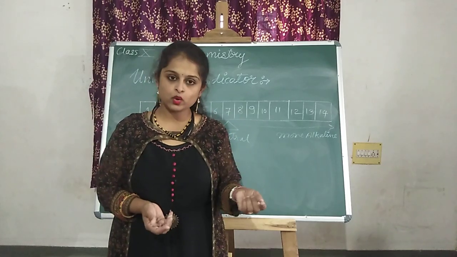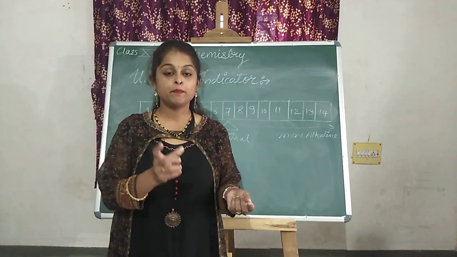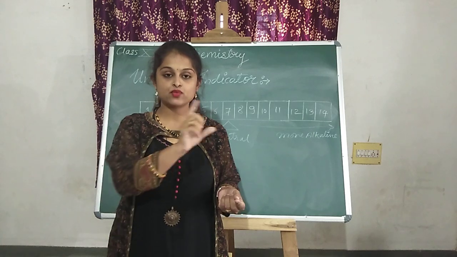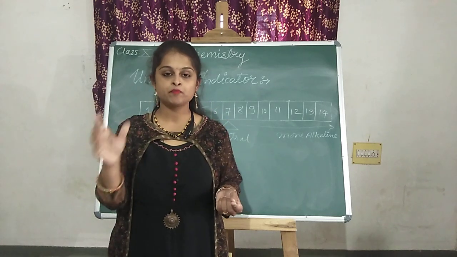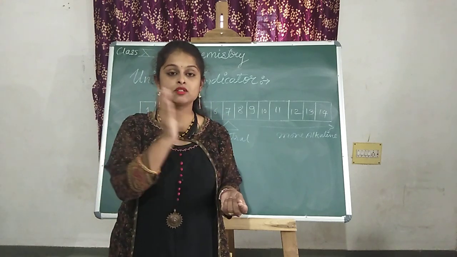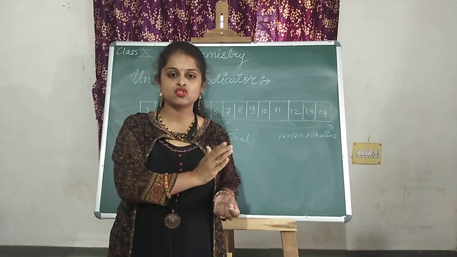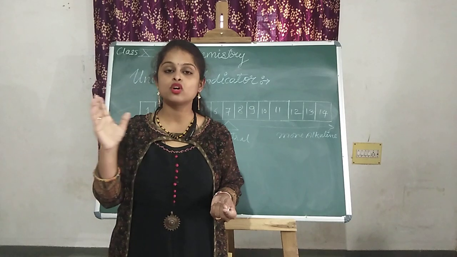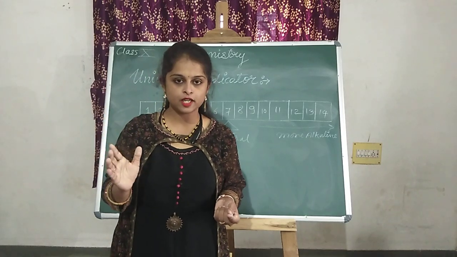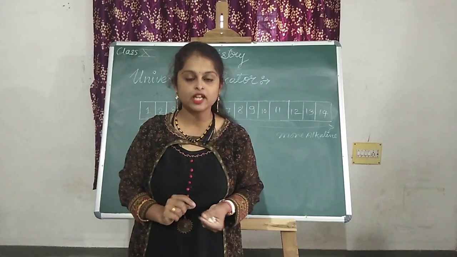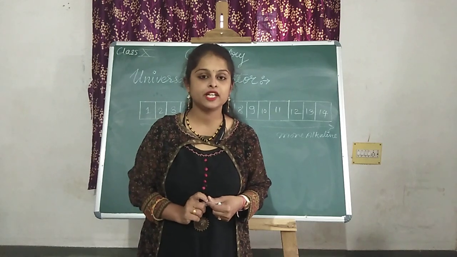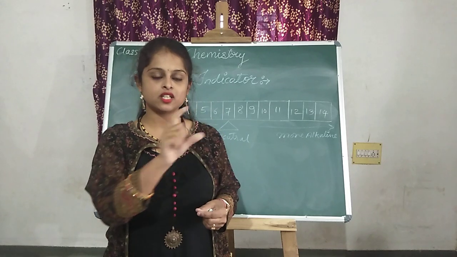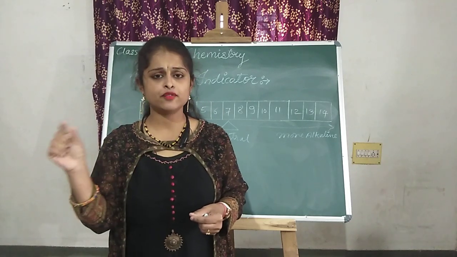Before the short break we studied the pH scale. Is it clear? The pH scale goes from 0 to 14. Substances which show below 7 pH are acidic in nature, and above 7 on the pH scale they are alkaline or basic in nature. Is it clear? Now about the universal indicator, what is happening? If we take the test of the universal indicator, it shows different colors.